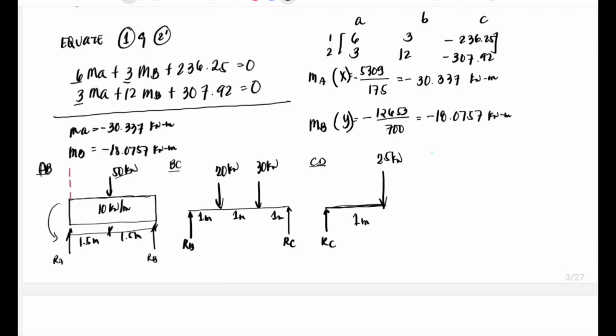So, dyan po, we have summation moment at A is equal to 0. Clockwise should be positive. So, we have 10 multiplied by 3 meters, yung wide niyan. Kunin mo yung kalahati ng 3, we have 1.5 plus 50 multiplied by 1.5. I-plus nyo po yung moment natin. So, nakalimutan ko lagyan ng moment. So, kunin muna natin yung mga moment na to. We have